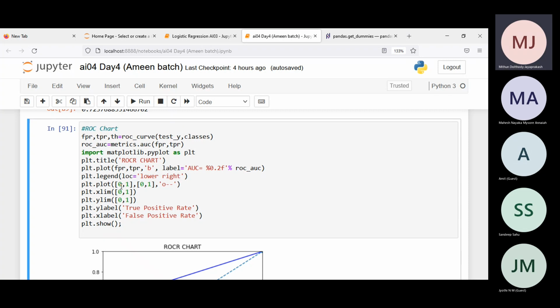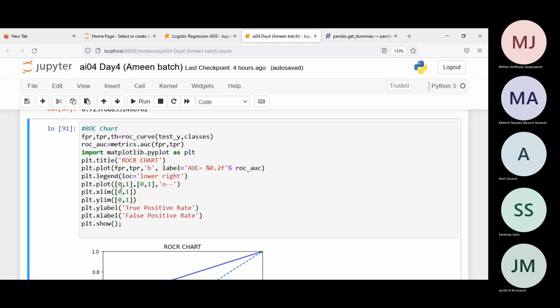So if you are saying, let's say this is 10%, this is 20, this is 30, this is 40, 50, 60, 70, 80, 90, and 100%. If you randomly guess, a reasonable approximation would be that you still should be able to get around 50% right. And if I take this as the baseline model, the diagonal line is called as the baseline model. The test of a model is that it should outperform this baseline model. If your model is also hugging this line, then automatically it means that there is no difference between random guessing